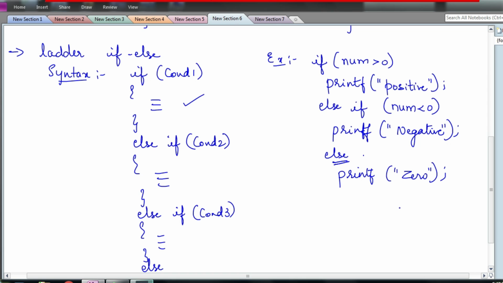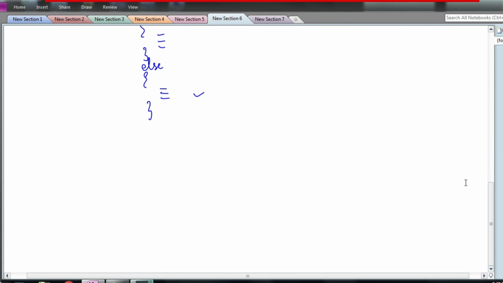Okay, so I will give one more example for ladder if else statement, that is printing the grade of a student. Let us assume we are going to print the grade of a student. We have some average marks, we have some variables, we have calculated what the average is and all that. I am not writing those instructions now.